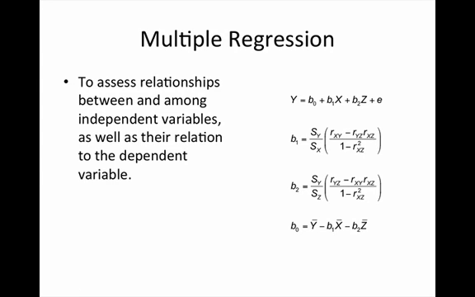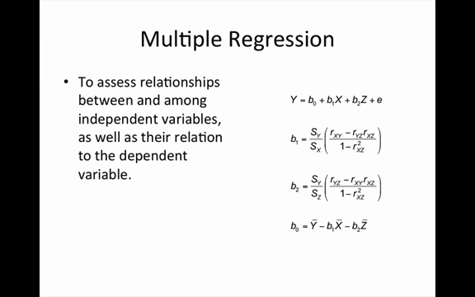Now, one of the advanced techniques that's covered in the book is multiple regression. And we use multiple regression when we want to assess relationships between and among independent variables, as well as their relationship to the dependent variable. So this is a situation where I have multiple slope terms and multiple values of x all coming together to